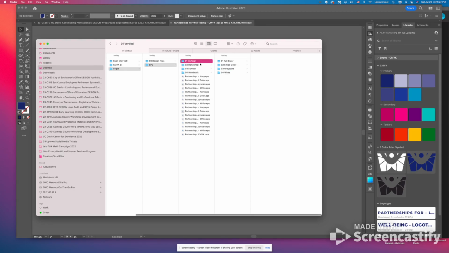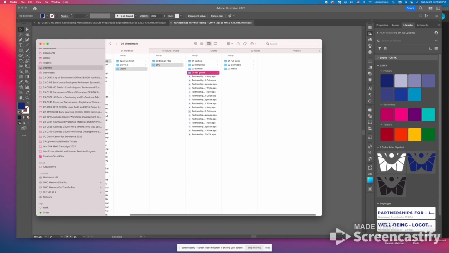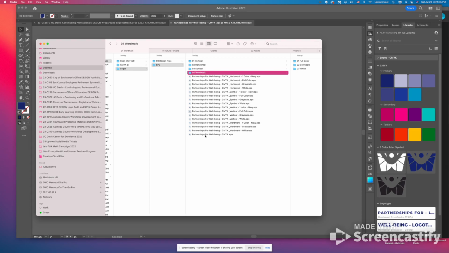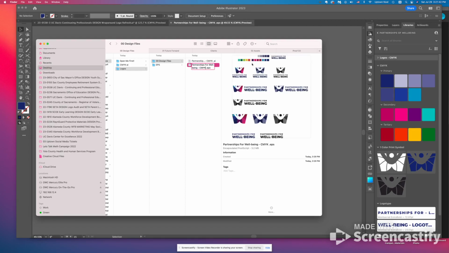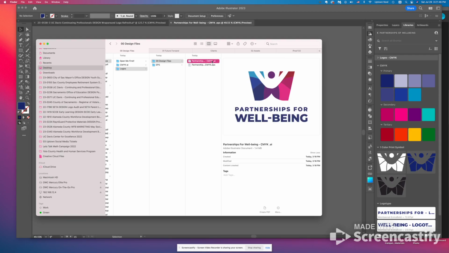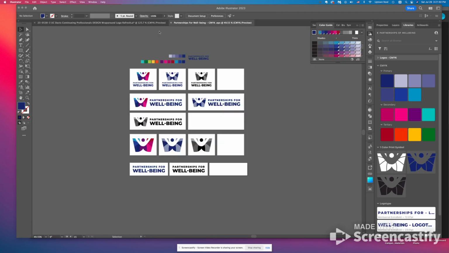Now that all of these folders are good to go, you're not going to do anything with them until you have your other folders made. So we have this partnership for well-being, this EPS. I put it in the design files because this is their entire, all of them on the singular artboard. It saves it no matter what. Make sure that these file names are correct. Okay, now